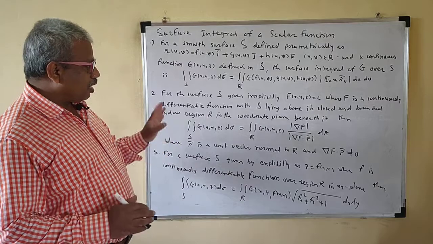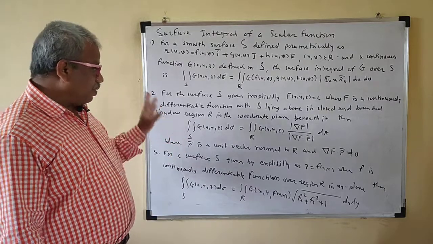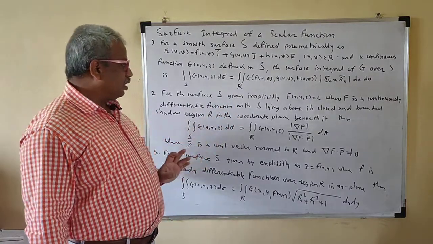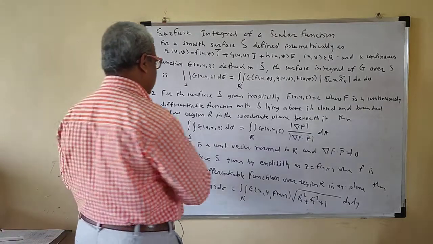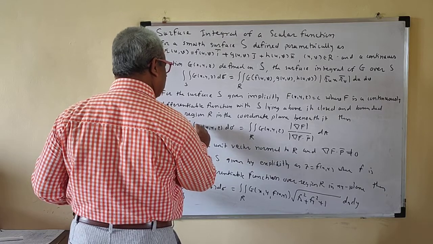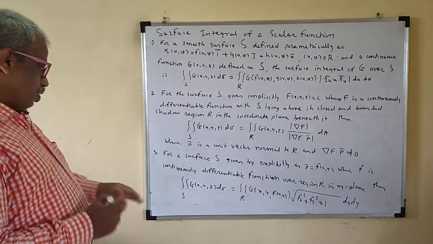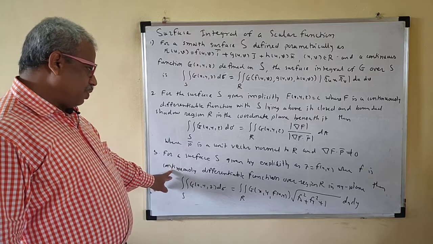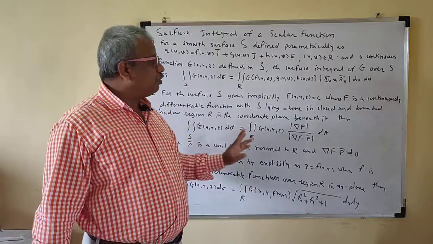Which formula you use depends on your function, surface or region. Depending on the surface and the function, here this should be your f of x, y, z; no, this is g of x, y, z, no problem for this one. Now the surface S is given explicitly by z is equal to f of x, y, so this is the equation of the surface.